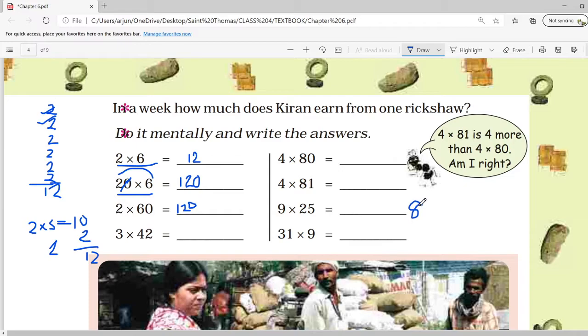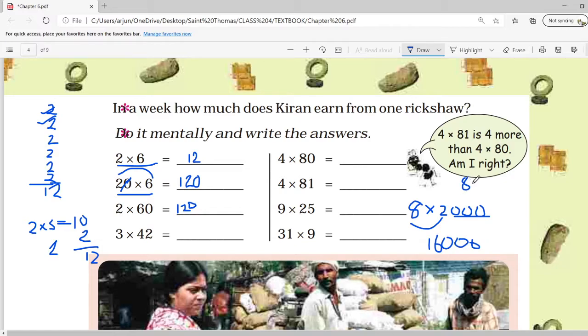For example, it is asked 8 into 2000. So this is one big number, but there is one shortcut for this. You know the answer of 8 into 2, right? 8 twos are 16, right? And then add the zeros here. So now you can do this multiplication in your mind also, because you know 8 twos are 16, and then add the 3 zeros. So your answer will be 16,000. Isn't it simple? You can do like this also.